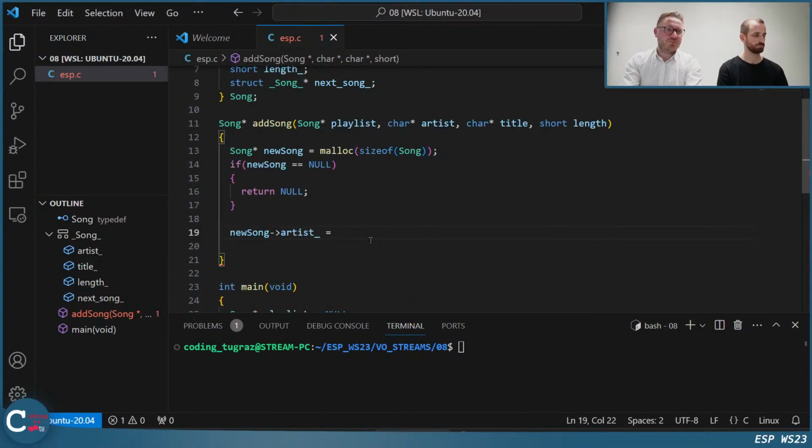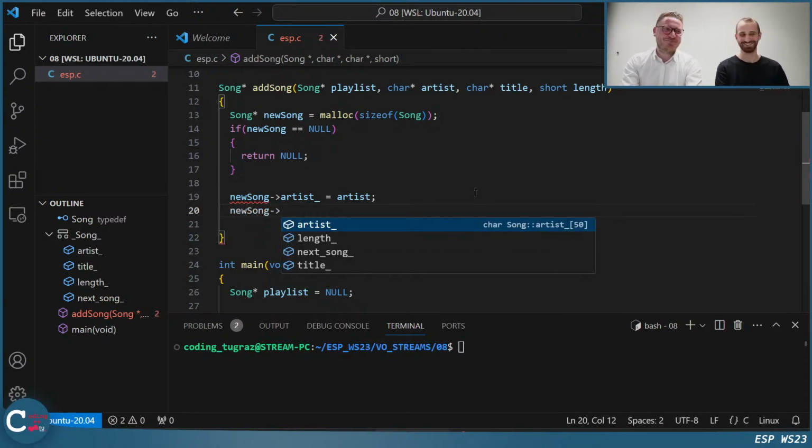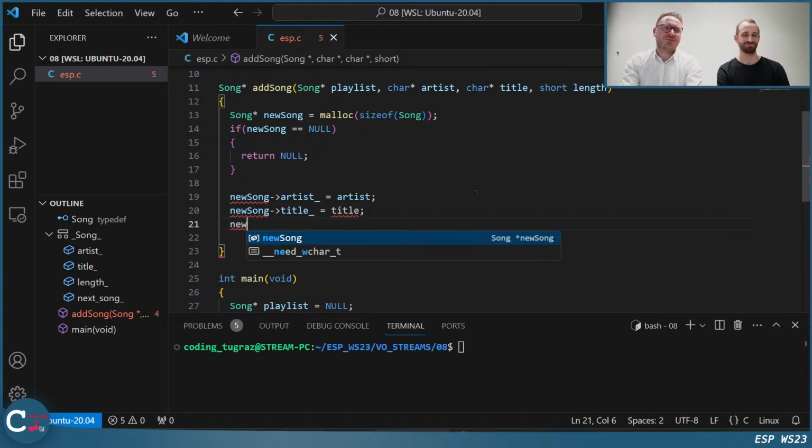And then we say, I don't know what I'm doing, artist, right? Right? Yeah, that looks good. I can't see any problems. I don't see any as well. All right, should work now.